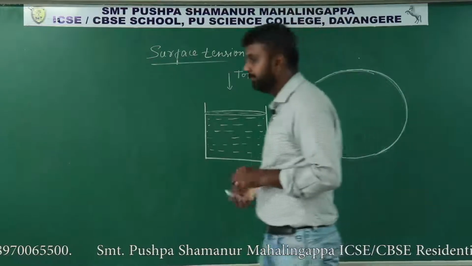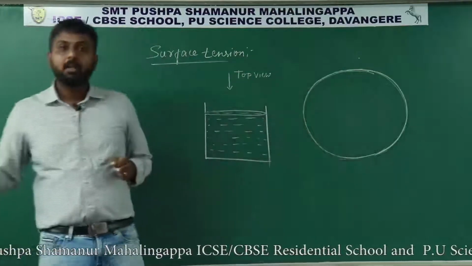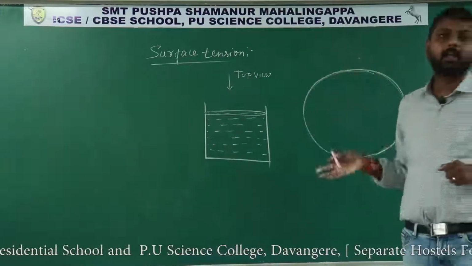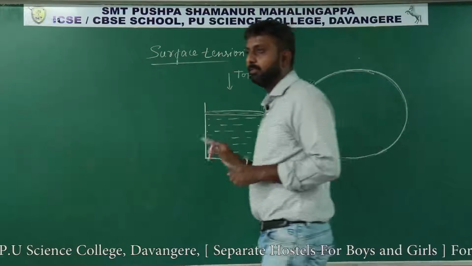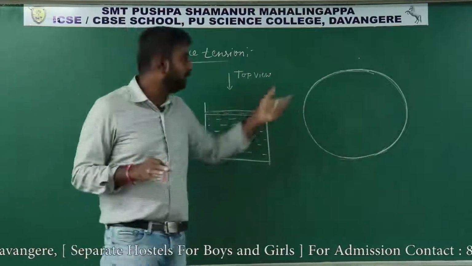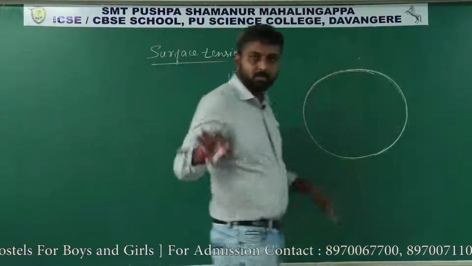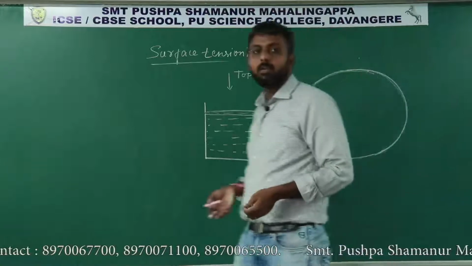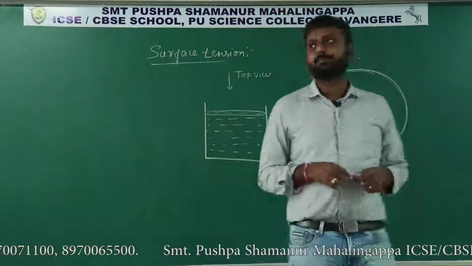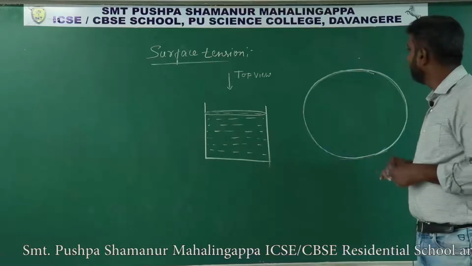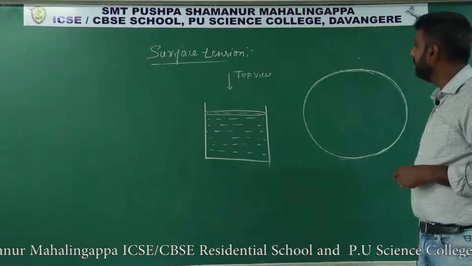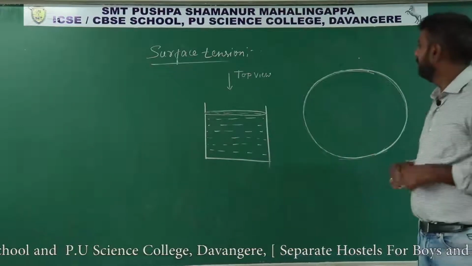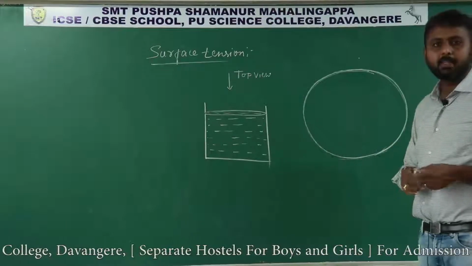You know that between the molecules there is an intermolecular force of attraction. We have studied the elasticity property also, right? So here also there are liquid molecules on the top surface of the water. Between the molecules there is an intermolecular force of attraction. Then to understand the surface tension, let us draw an imaginary line, arbitrary. Wherever you want, you draw an imaginary line.